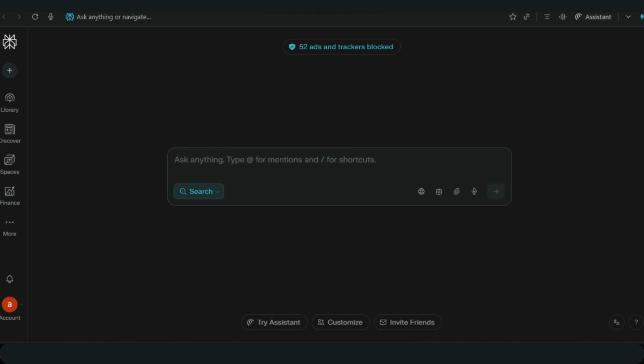Tabs in Comet AI work like normal tabs but with a smart twist. You can open multiple tabs for research, and Comet's AI can understand information across tabs. This means you can compare content from different pages without switching back and forth. For example, if you're researching tools, prices, or features, you can ask Comet AI to compare information from multiple open tabs and give you a clear conclusion. And this is extremely useful for students, freelancers, content creators, and anyone who does online research.